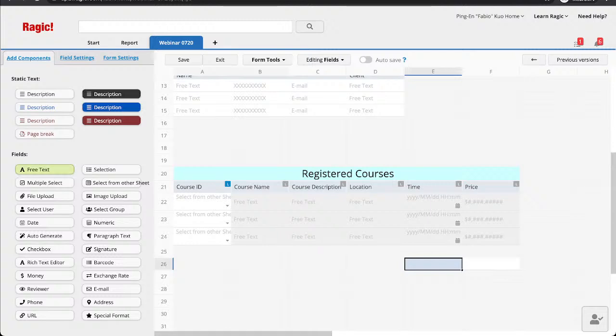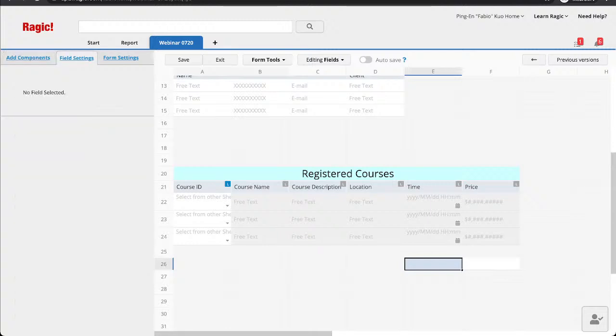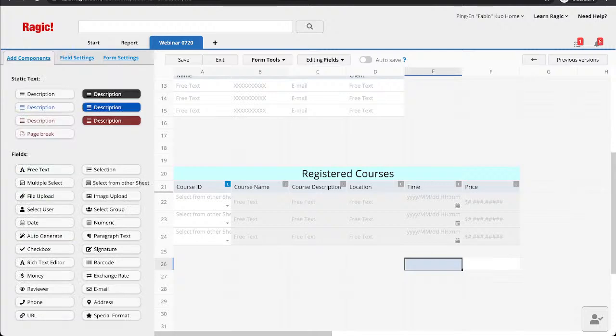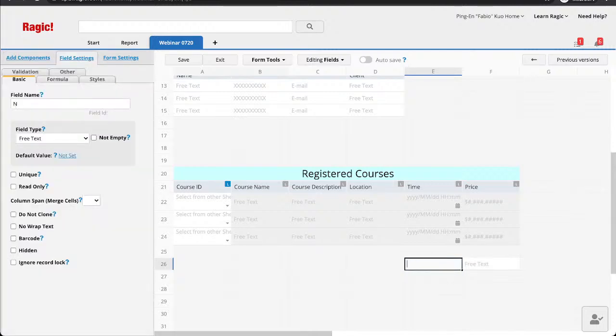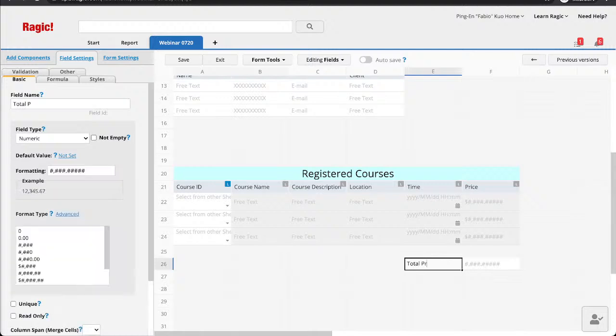So I can add a numeric field. Let me just go to free text and change it to a price field. Basically, a price field works very similarly to a numeric field. The main difference is that it has a symbol by default.